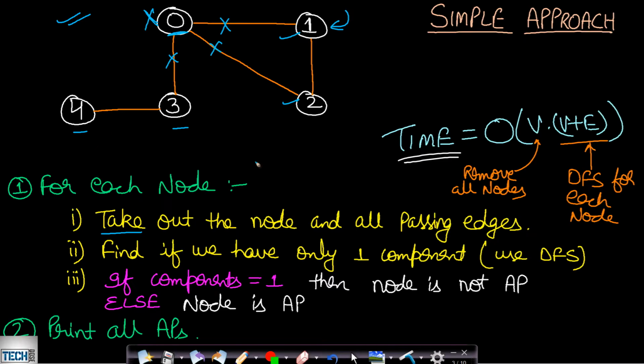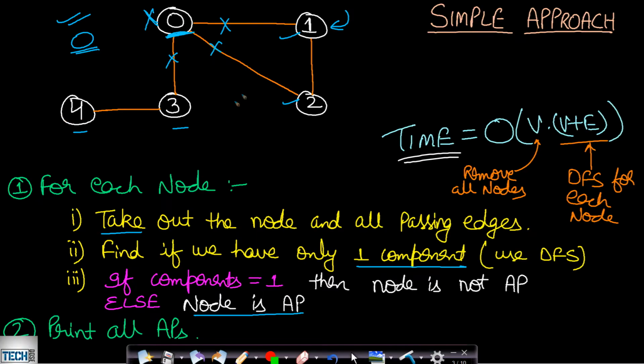Therefore, this indicates that there is more than one component in the graph, and since there is more than one component, on removing this node the number of components has increased, and so this node can be said to be an articulation point. So we will save it in the articulation point vector or anywhere. Okay, so this 0 will be an articulation point. Similarly, we will have to repeat for each and every node one by one, and we will have to perform the DFS on the remaining graph and see if our graph has one component or multiple components.